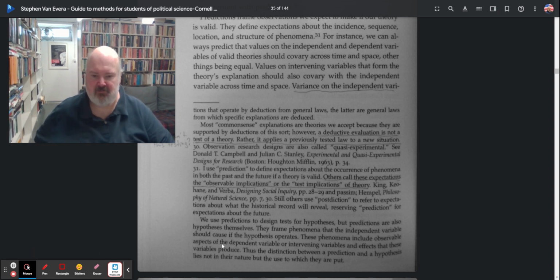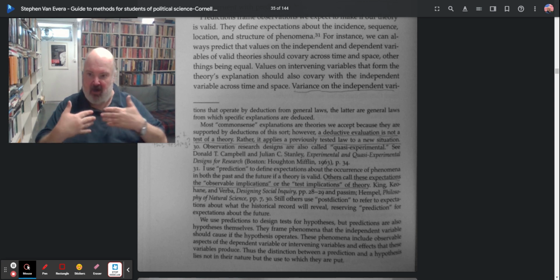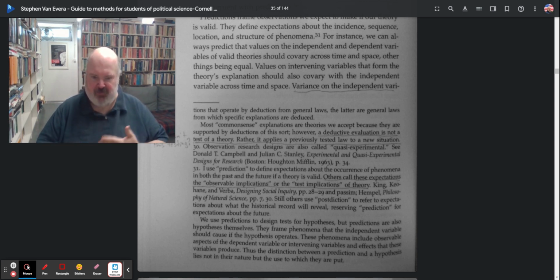In other words, these tests are kind of hypotheses. They frame phenomena that the independent variable should cause on the hypothesis. If the hypothesis operates, it works, right? It works. These phenomena include observable effects of the dependent variable or intervening variable, and the effects that these variables